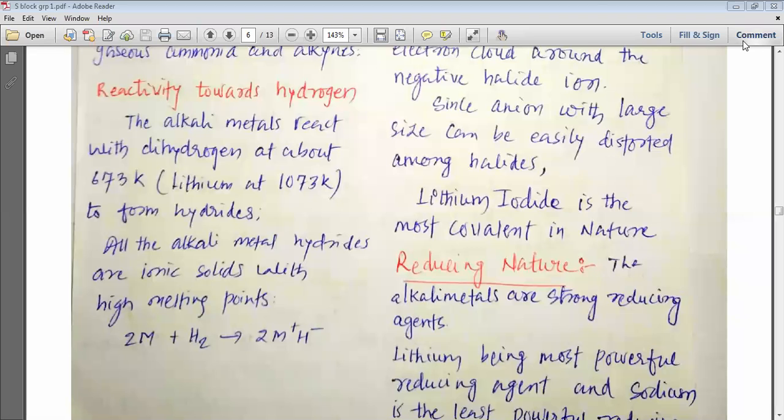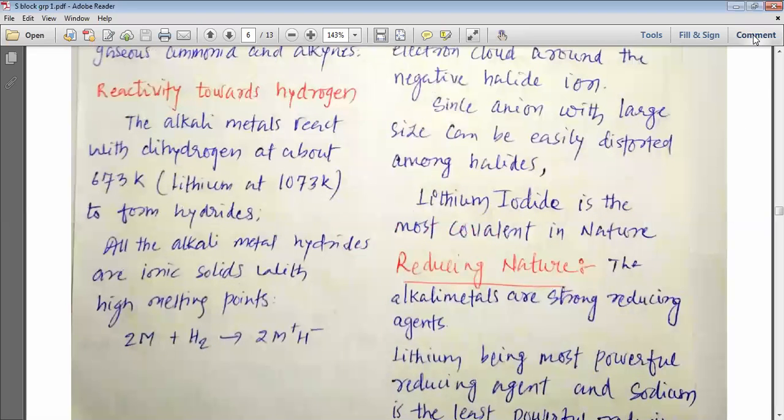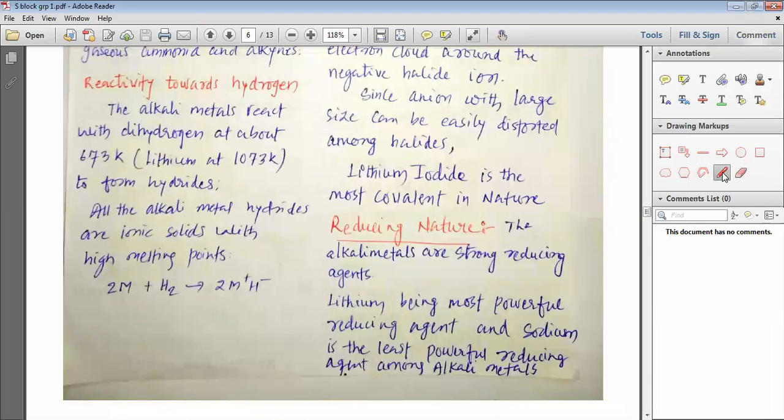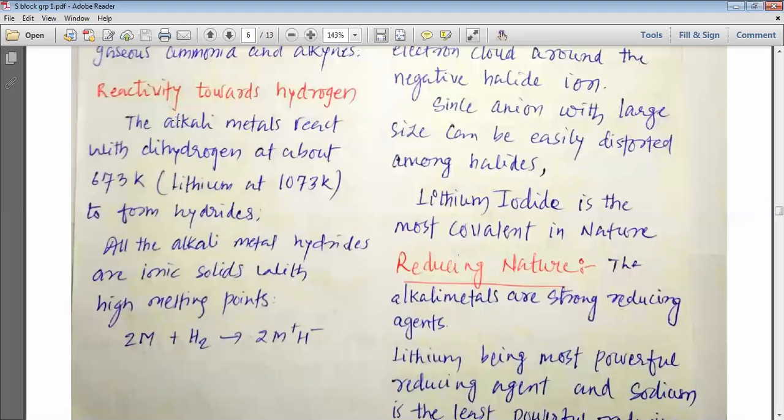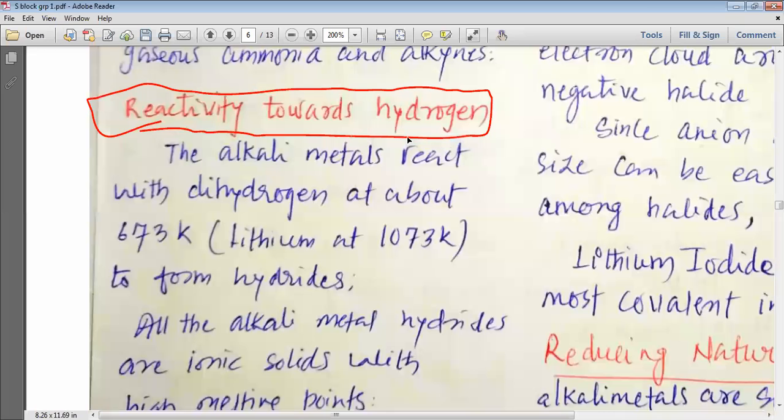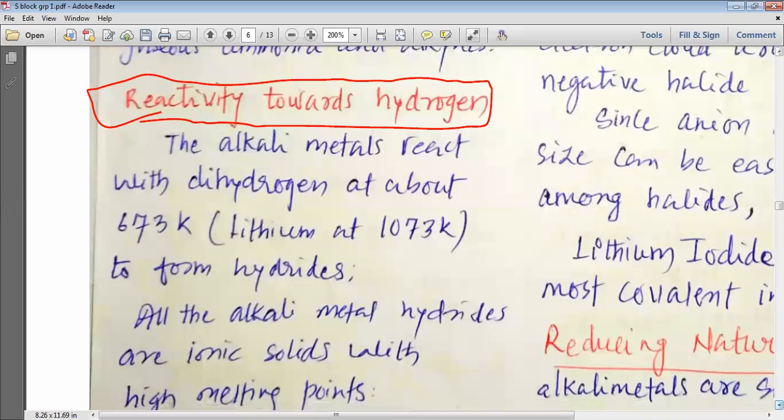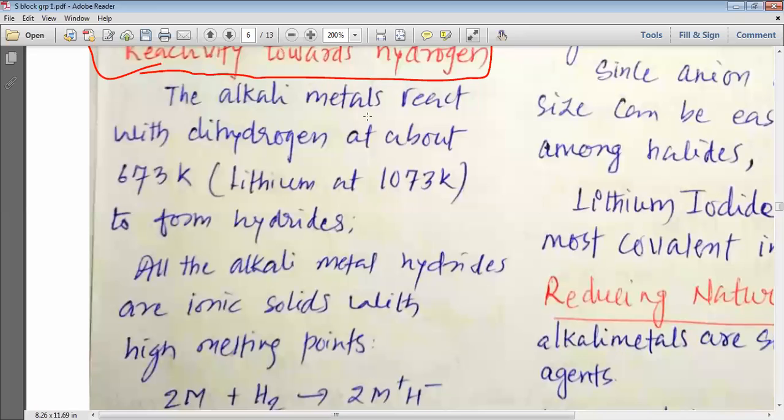Dear students, after revision, let's move forward to understand about the reactivity towards the hydrogen. So, today let us understand the reactivity of alkali metals towards the hydrogen. You know, the alkali metals react with the dihydrogen at about 673 Kelvin temperature, lithium at around 1073 Kelvin temperature to form